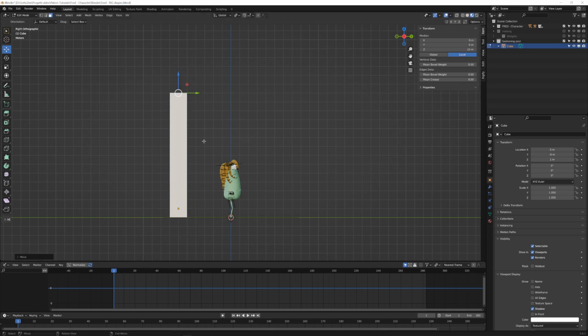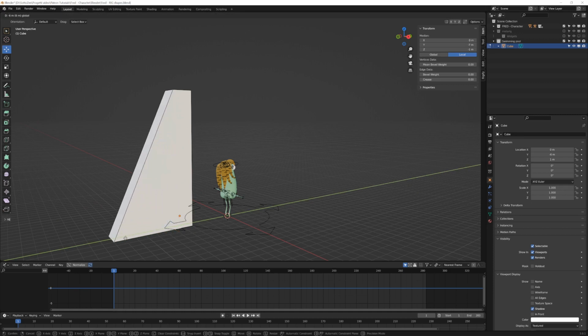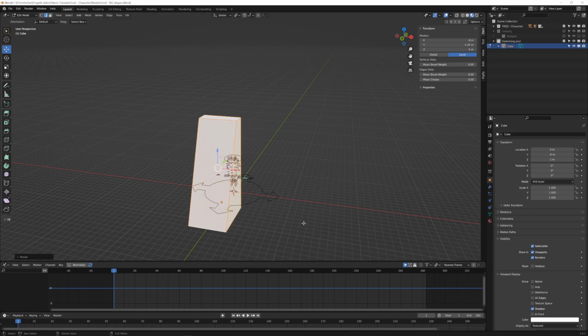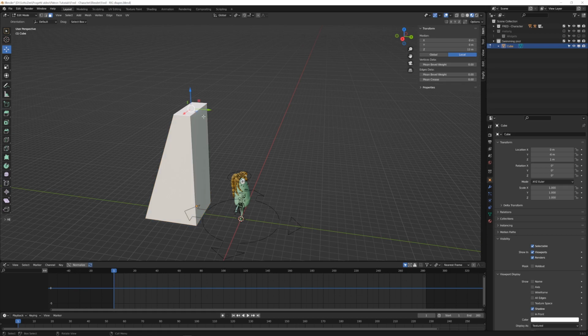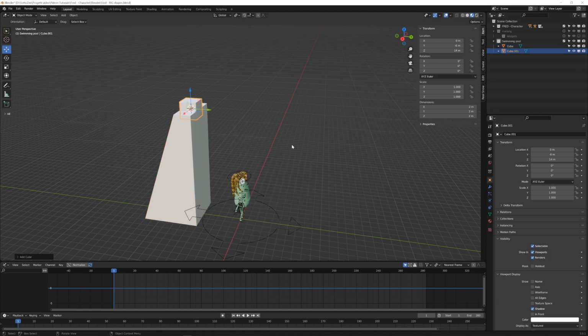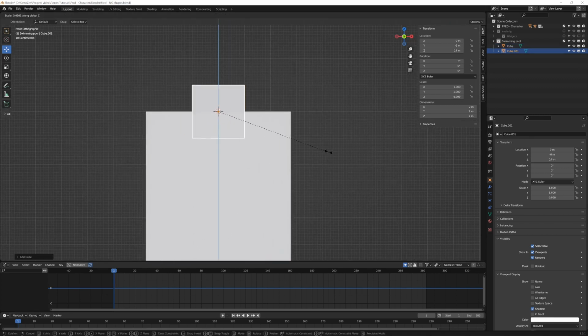Can bring this to here and something like this. Okay. Let's move the cursor to this position here, and then I will use another cube